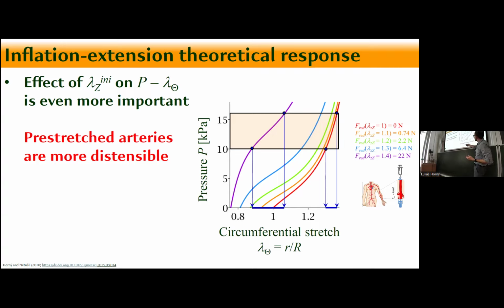Again, let's concentrate on this interval from 10 to 16 kilopascal, and the cross points are indicated in the picture. This is a non-pre-stretched artery, no pre-stretch, and the variation of the distension or of the circumferential deformation, compare it to the variation, to the length of the interval of the circumferential deformation when the artery is prestretched. It increased the capacity to be